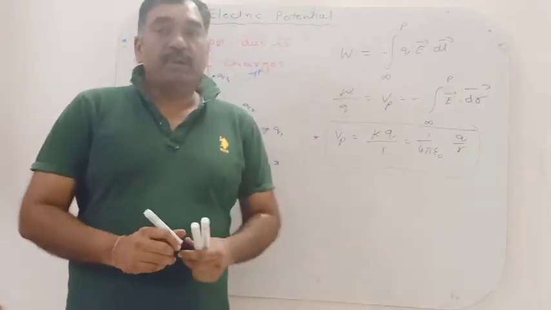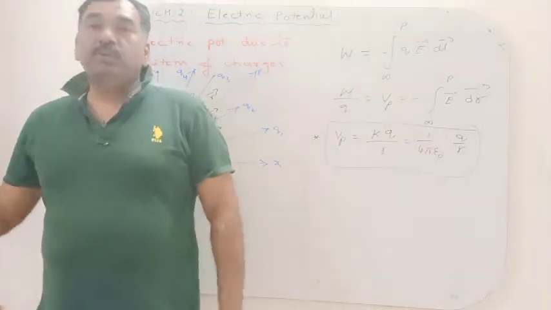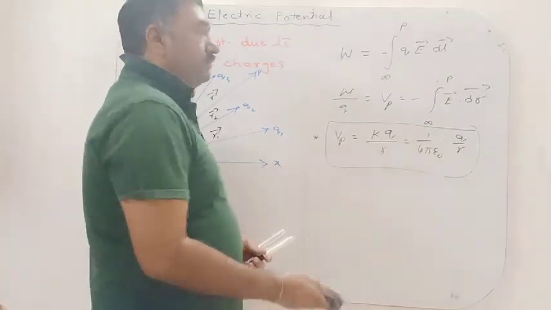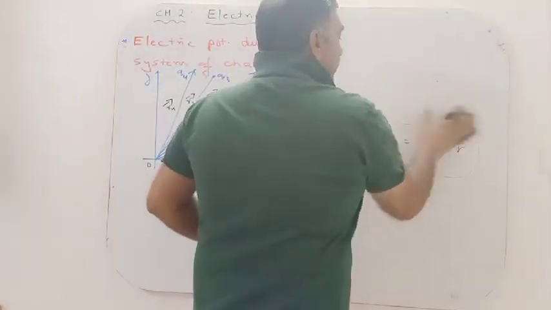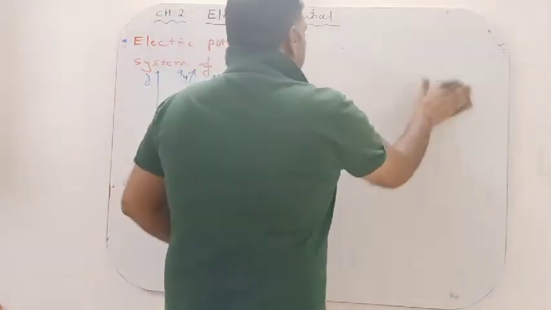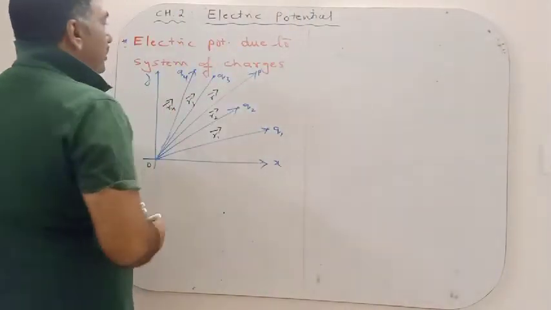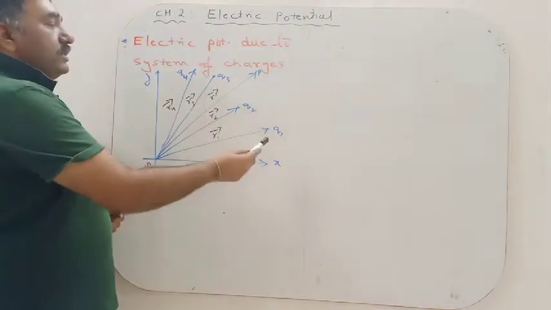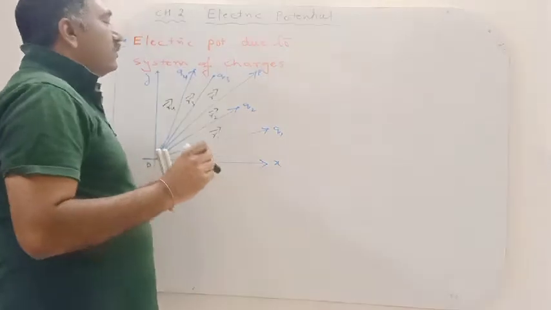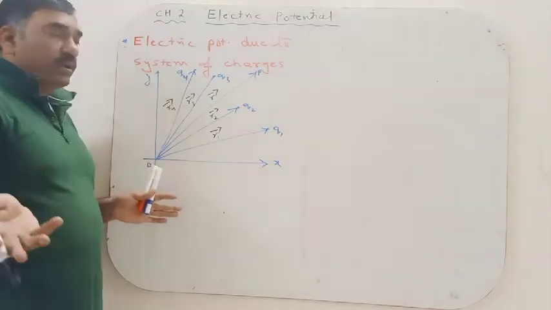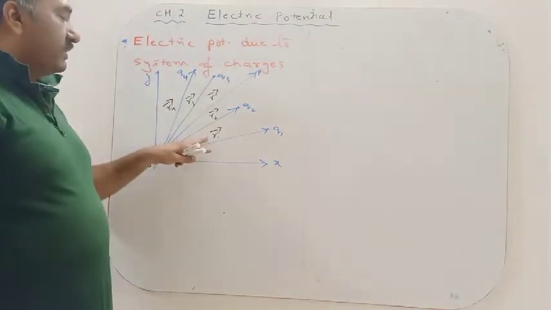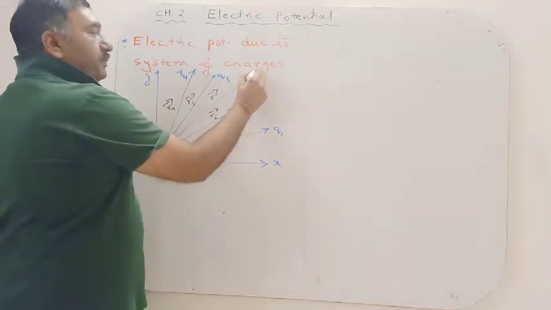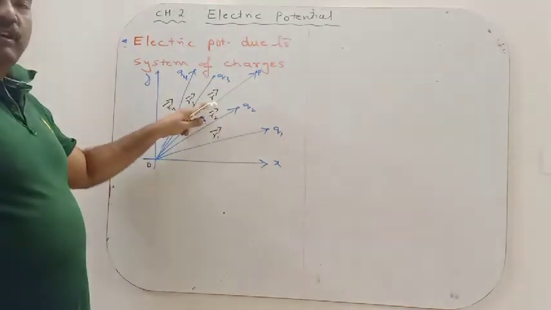Now today we are going to learn about the formula for potential due to a system of charges, potential due to a charged shell, and due to an electric dipole and so on. So the very first topic is electric potential due to a system of charges. Let a system be made up of charges q1, q2, q3, q4 and q5, and you can also take more charges. Their positions are given by vectors r1, r2, r3 up to r4. Suppose we want to find the potential at point P, whose position is given by vector r.